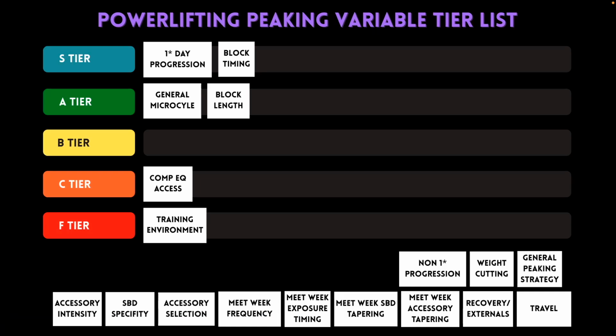But then you also could run into that issue where you start to progress that stuff too much, and, I think this is what you were getting at, it ends up being too much for that lifter, and then their primary day starts coming in overly fatigued or something like that. Right. And so because there is that reliance of the primary day progression on the non-primary day progression, I would say that they're of equal importance. But at the same time, making sure that you're getting those exposures to the peak intensity probably edges it out just a little bit more.